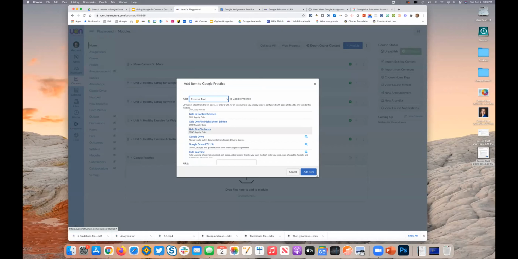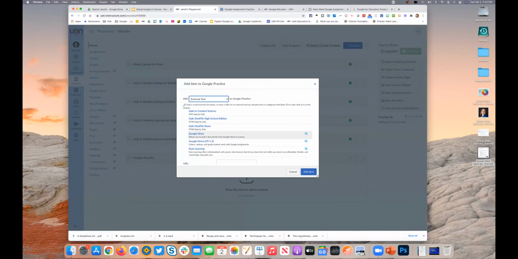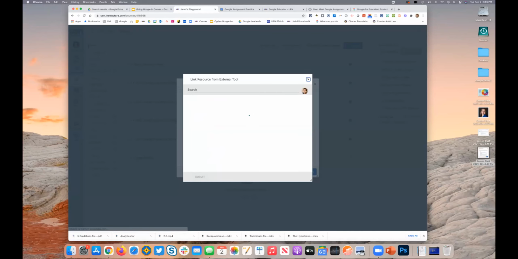And you can see as I scroll down, there are a couple different options right here, one for Google Drive and one for a newer Google Drive LTI 1.3. We're going to show that in just a moment because that's the one that works with Google Assignments. But look at this top one. It says, allows you to pull in documents from your Google Drive to Canvas. So as I select this, you can see that immediately it pulls back up that same list we just saw